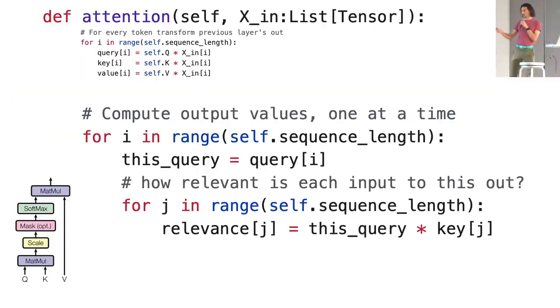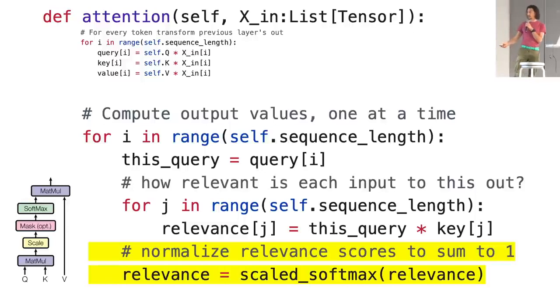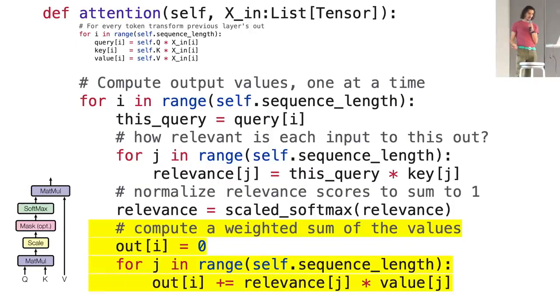Then it goes through this double nested loop, right? So for every output token, it figures out, okay, this is the query I'm working with, and then it goes through everything in the input, and it multiplies that query with the key from the possible key, and it computes a whole bunch of relevance scores, and then it normalizes these relevance scores using a softmax, which makes sure that they all add up to 1. So you can sensibly use that to compute a weighted sum of all of the values. So now for each output, you go through each of the input tokens, take the value score which was calculated for them, and you multiply it by the relevance.